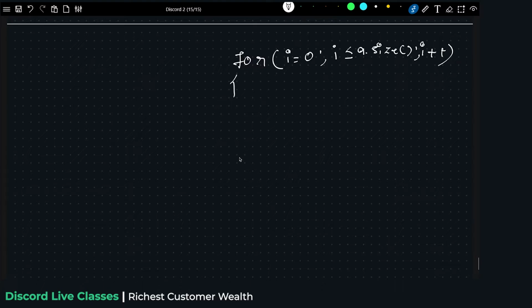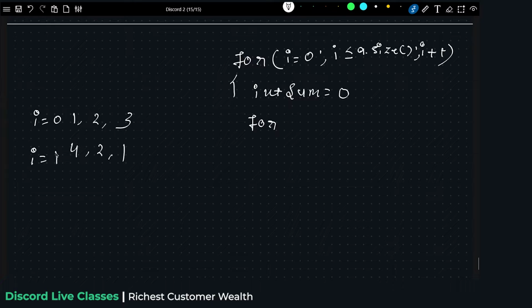Okay, cool. Then you will take another variable, the sum variable, because you need to do the sum. We all know how to do a sum. We have to initialize one variable sum. Let's suppose we are given 1 2 3, then 4 2 1. So i equals 0, i equals 1, and this is the j. Let me initialize again with 0, 1 and 2. So j is here. Currently I will start j again from 0, then I will run j till